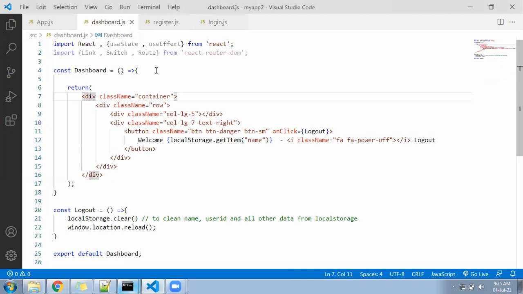Without login, it will not allow to come inside. Yes, sir. Working perfectly. Welcome.